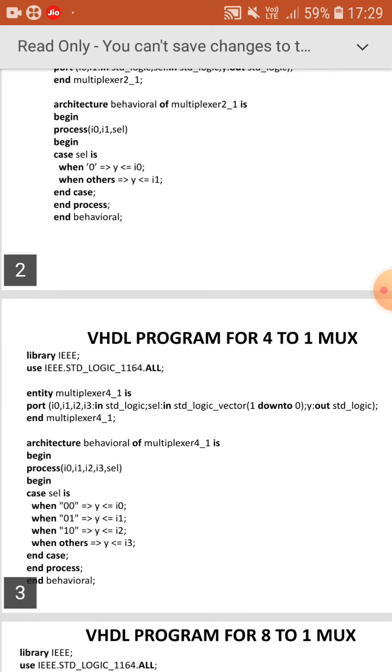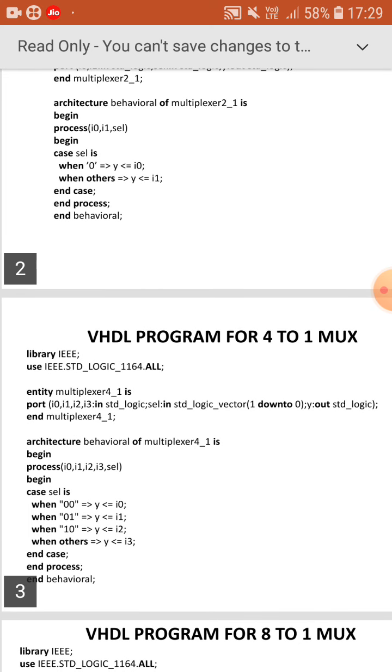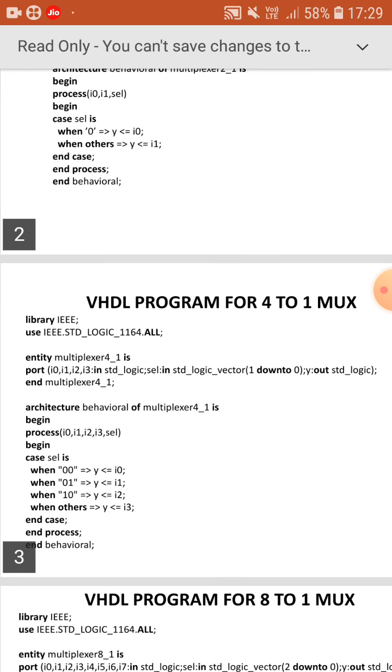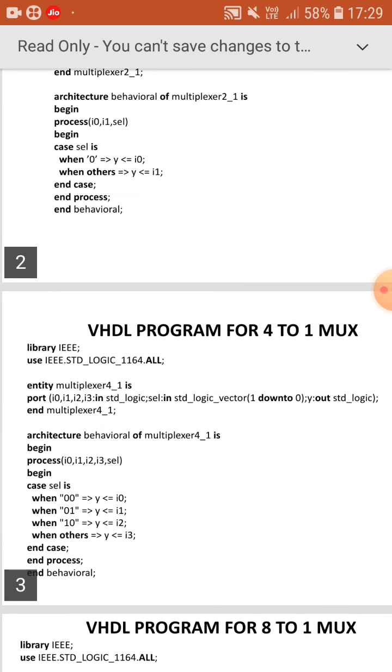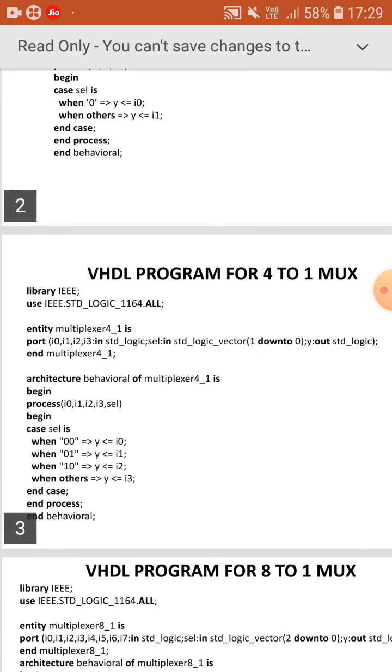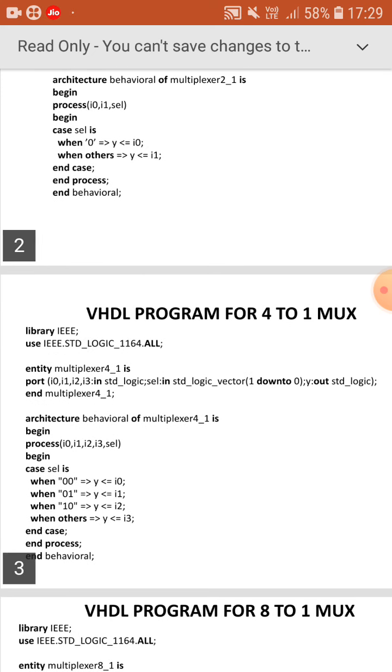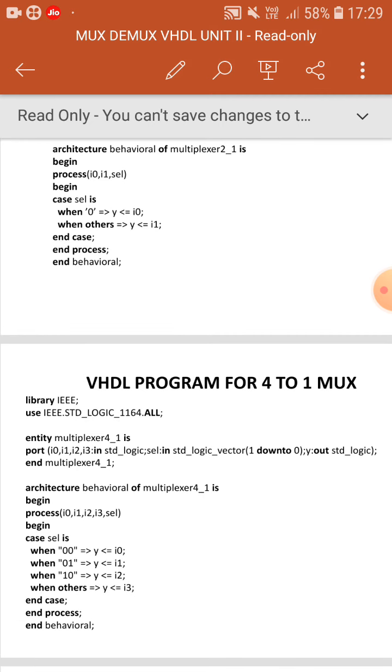I0, I1, SEL all are inputs. Next you have to use begin. Next case statement. Case, next select line. Select line is SEL. SEL is the select line.